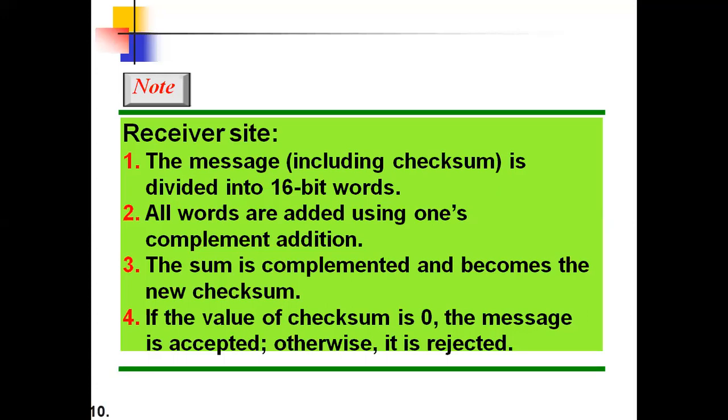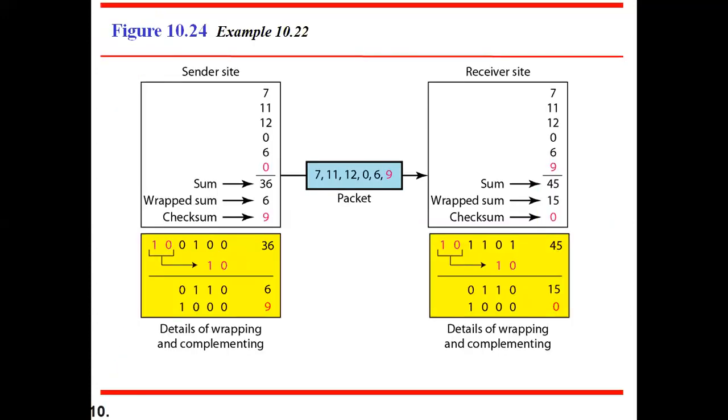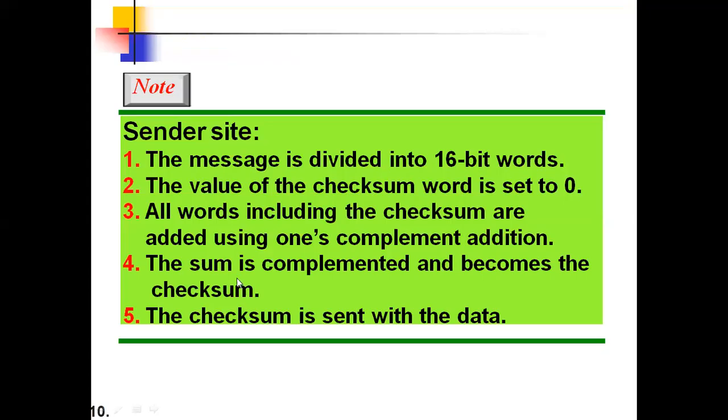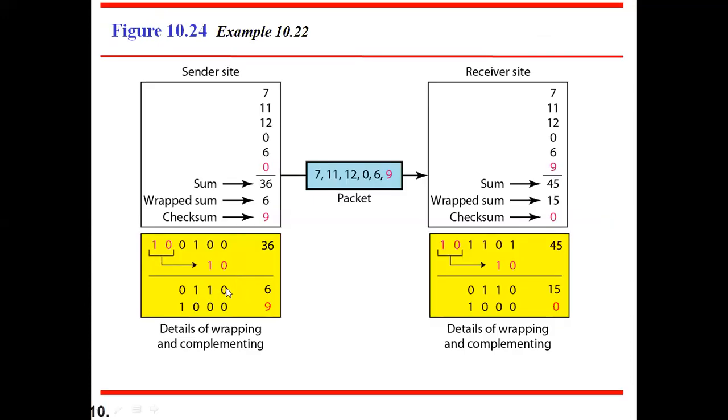So you should be aware of the algorithm also. In some cases, he may ask for the algorithm or he may give a problem, so you should be ready for both. But you should know how to calculate this checksum. Based on the checksum value only, we decide everything. First, you take the total, convert to 4-bit representation, and then take the addition. You will get a wrapped sum. Then take the complement, and you will get the checksum value.